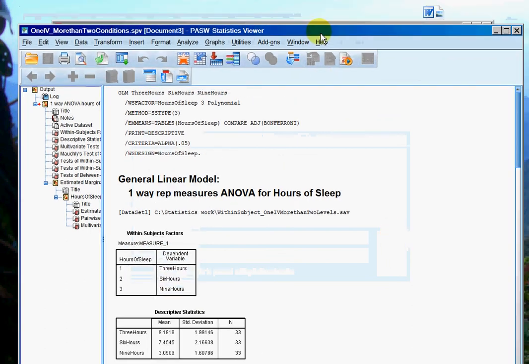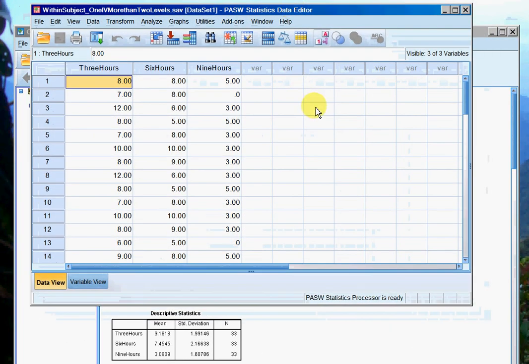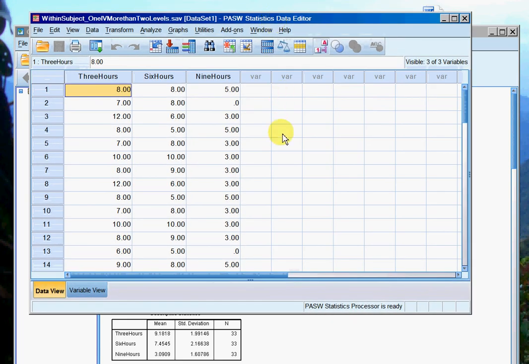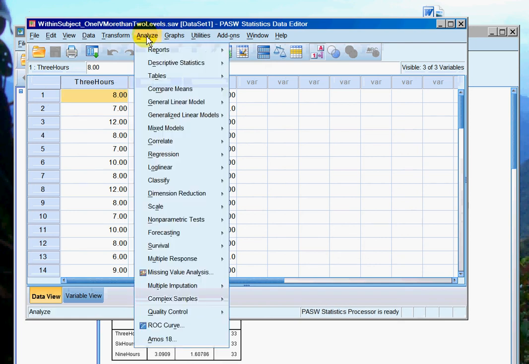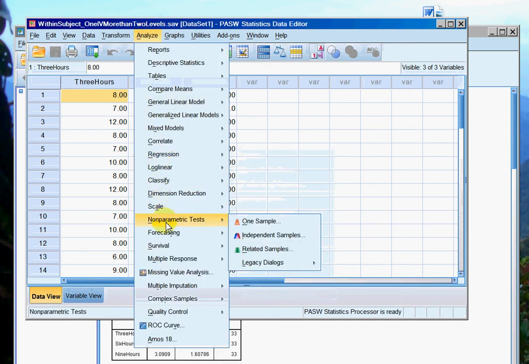So to go back to our data sheet, now if I'd looked at my tests of normality, or looked at the data and I'd found that it wasn't normally distributed, then I would have to use a non-parametric test, and that is the Friedman ANOVA. So to use that, we'll go Analyze, Non-parametric Statistics, Related Samples, because each of the samples has come from the same group of people,